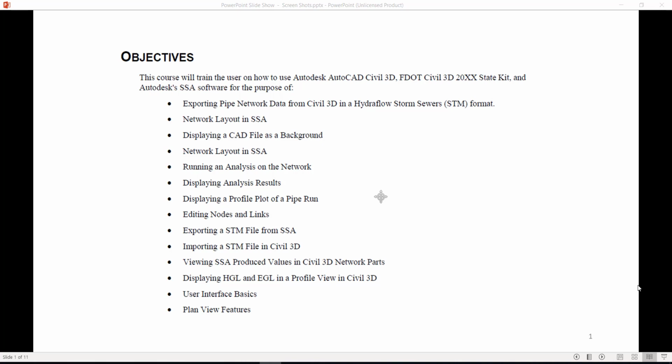The objectives of this course are to train the user on how to use Autodesk AutoCAD Civil 3D, the FDOT Civil 3D State Kit, and Autodesk SSA software for the purpose of exporting pipe network data from Civil 3D into a HydroFlow storm system or STM format, network layout in SSA, displaying a CAD file as a background, running an analysis on the network, displaying analysis results, displaying a profile plot of a pipe run, editing nodes and